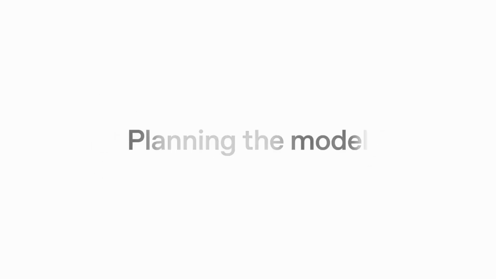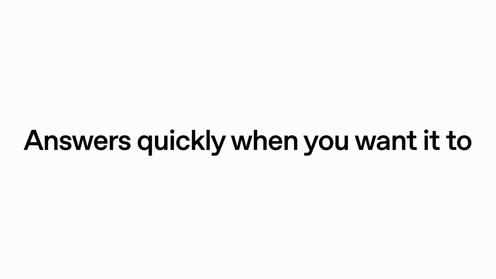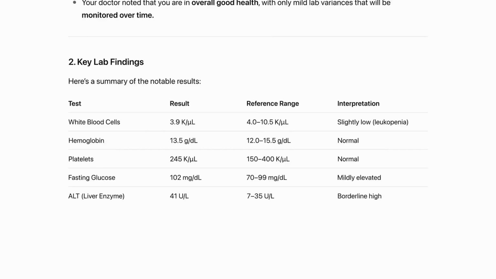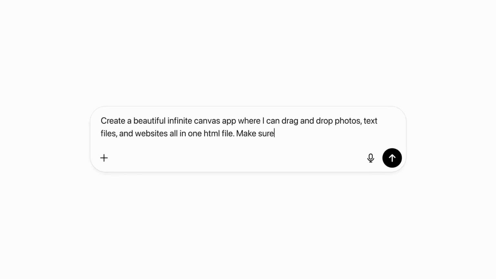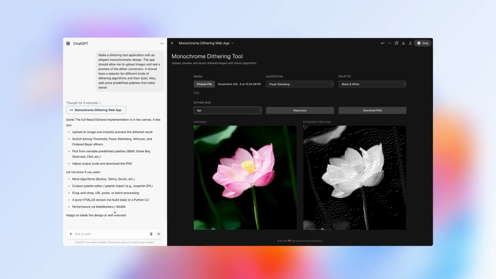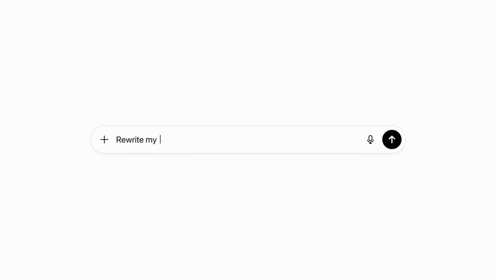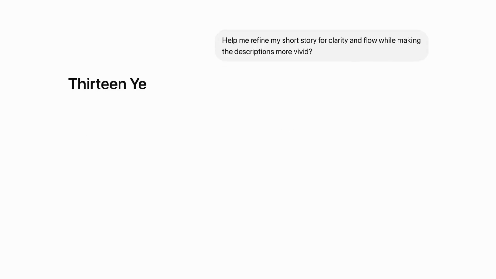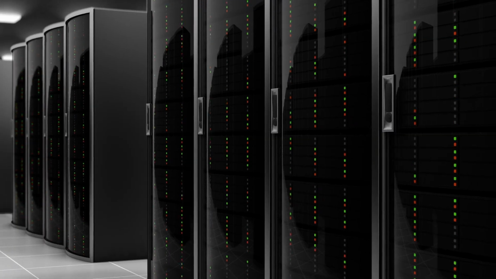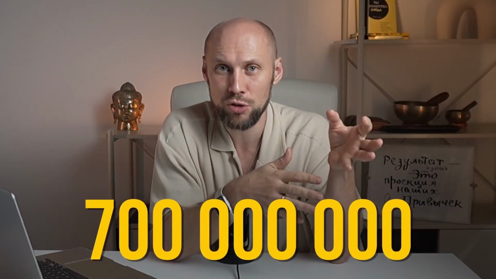Along with the latest version, you should also avoid all the free neural networks that give you access for a limited time. All Telegram bots with ChatGPT and so on are also strongly discouraged. Let me explain why. Because the most recent versions of ChatGPT are not specifically designed to better solve your tasks, but rather to reduce the load on the company's servers. Because ChatGPT is already used by 700 million users every week. That's almost 1 billion people. Of course, their servers are under a huge load and they're trying to reduce it.